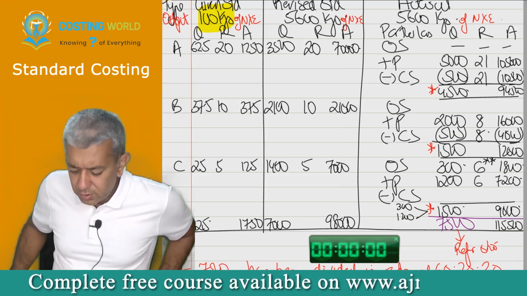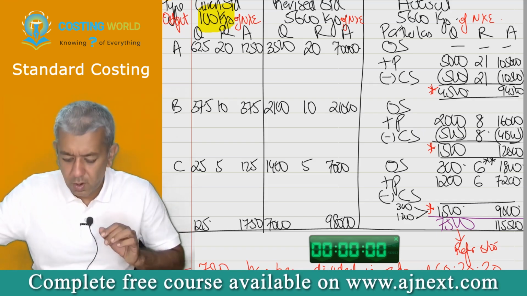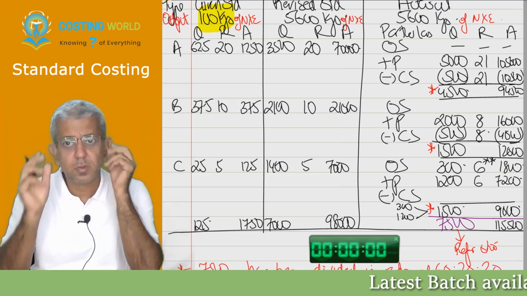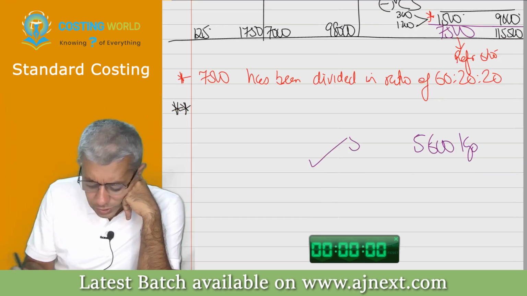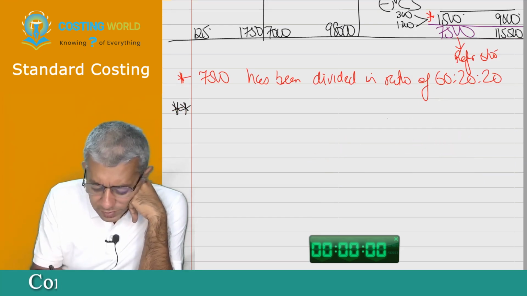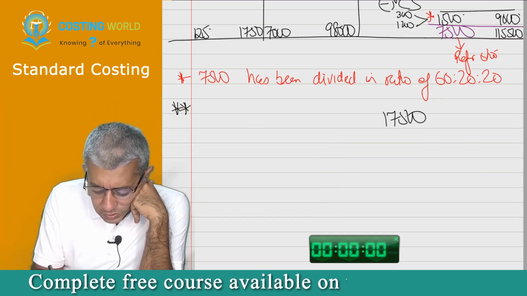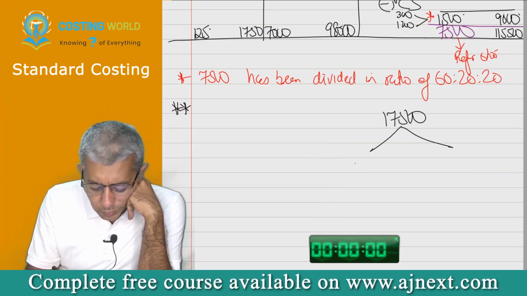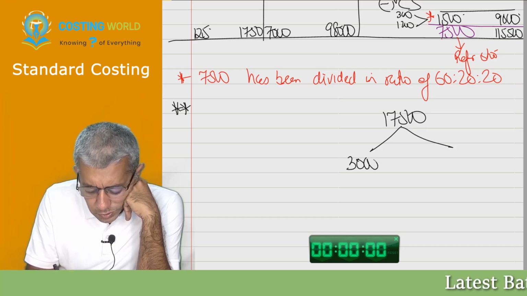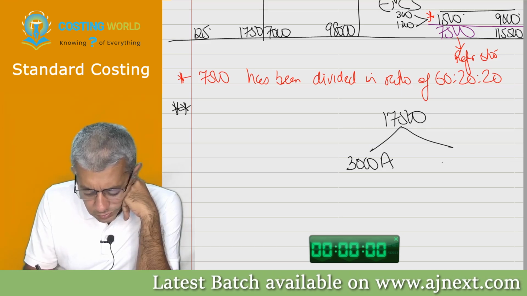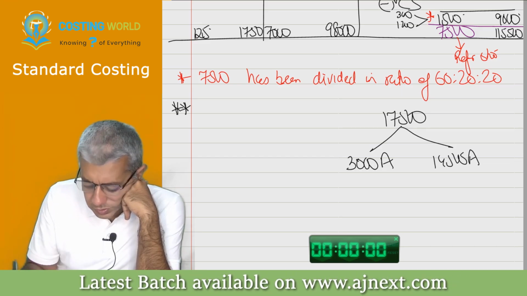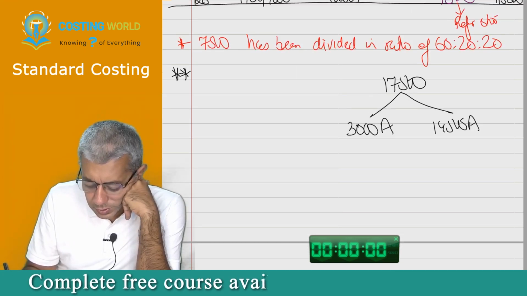Have you all finished? Yes, sir. Okay. Tell me all the variances, please. Just the final answer. 17,500 will be your first answer. Yes, sir. Broken up into 3,000 adverse. 14,500 adverse. And this broken up into